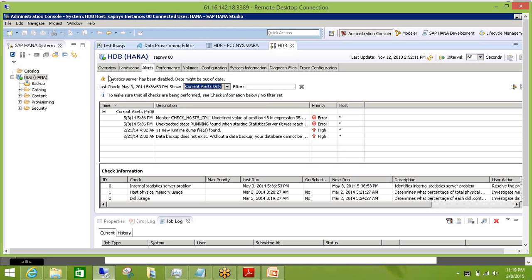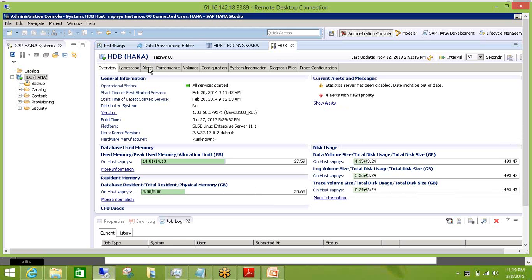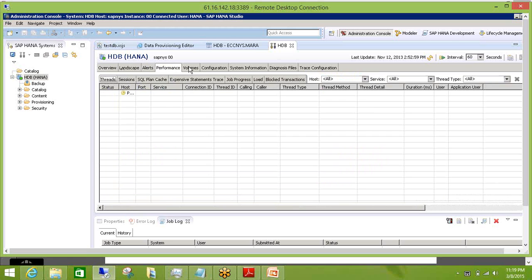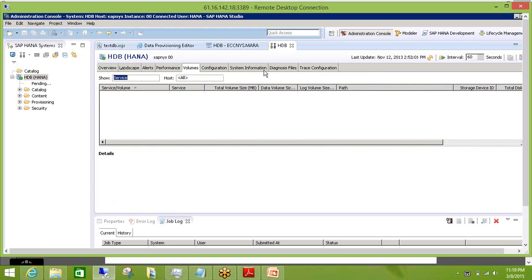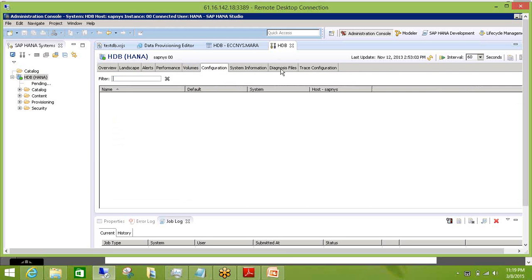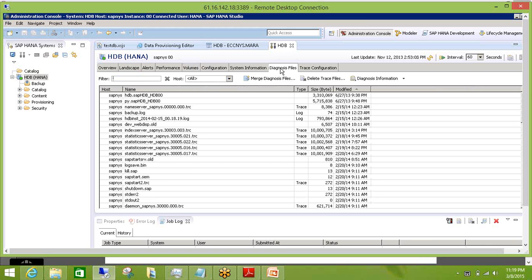Yeah. I will be covering the high level of the entire aspect: overview, landscape, alerts, performance, volumes, how you configure alerts, how you do debugging or tracing of the root cause of a problem, then what are the ways and means to do the monitoring and troubleshooting, administration and monitoring for the HANA server.